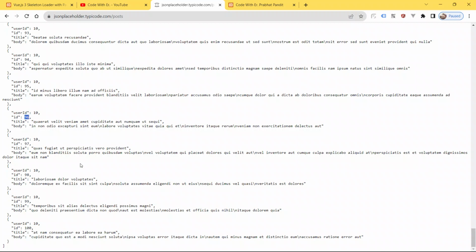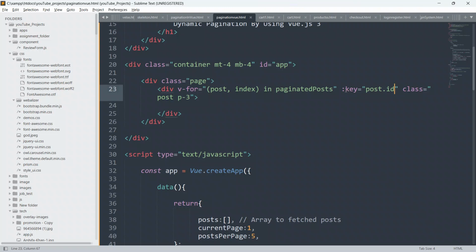Each post has got a user id and an id, and the total is 100. That's why I have given the colon for key.